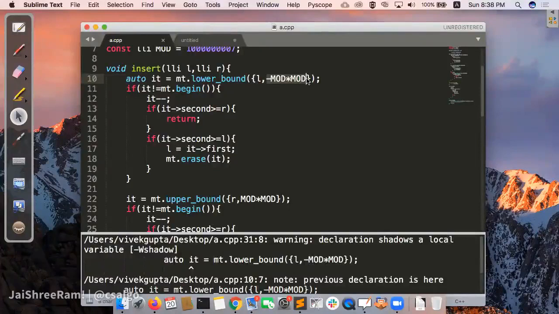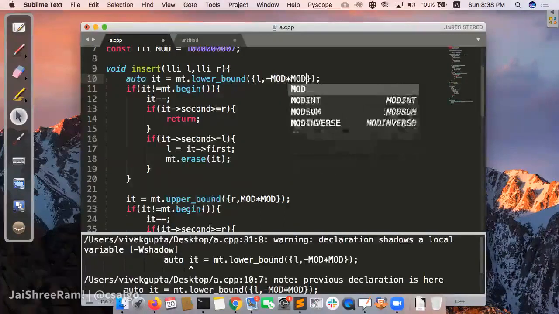So if you want to search for the first element which has first value greater than or equal to L, in that case you can use this minus infinity. In this particular problem, yes, even if you use L comma L minus 1, it will work as well. In fact, even if you use L, it will work. But I coded in a more general way so that it works.